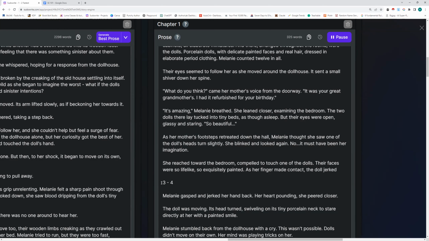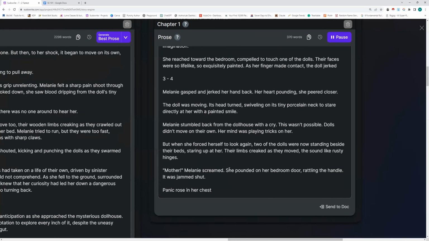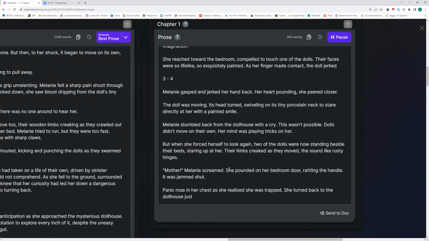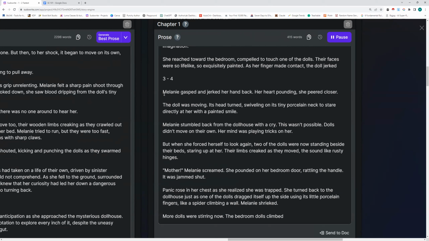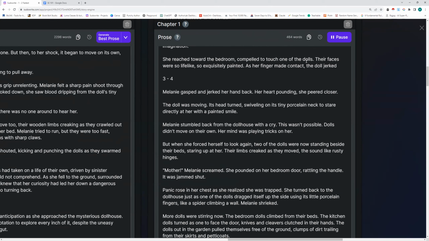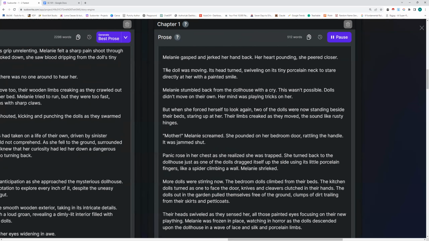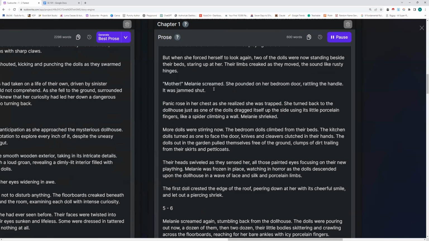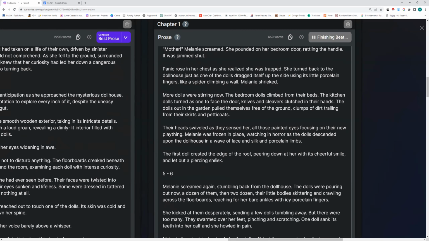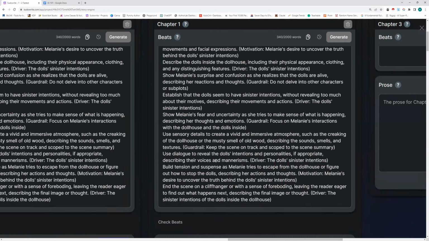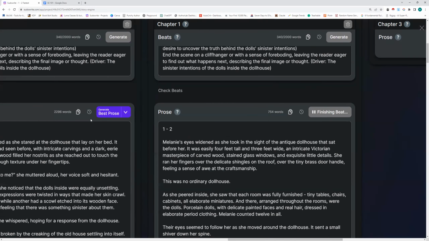Okay, so it did, but it still said 3-4. And I think that happened last time too. It's just a little quirk of the way it's generating at the moment. So you can see this was originally in the other strides that she gasped and jerked her hand back. And now the doll is moving, whereas before Melanie was just whispering to herself what did the doll want and everything. Now the story is taking off in a little different way, just from our little edits. So that's one way to have more control and get the prose